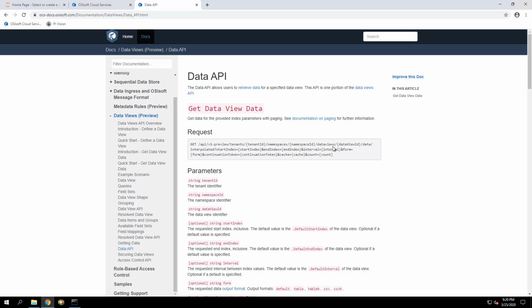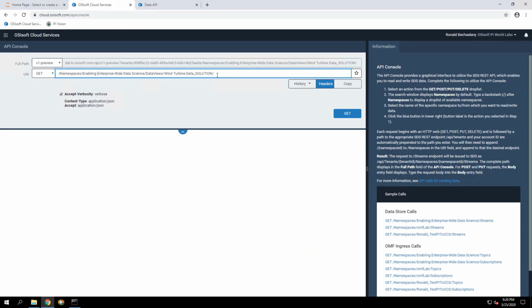We're already here under data views, then we have the data view name. Then we need to pass data. And then I'm just going to copy this.